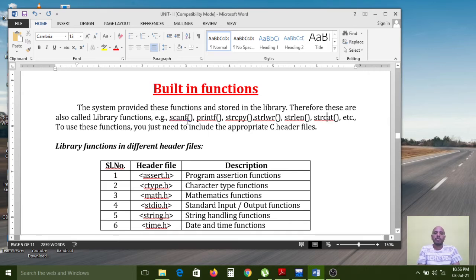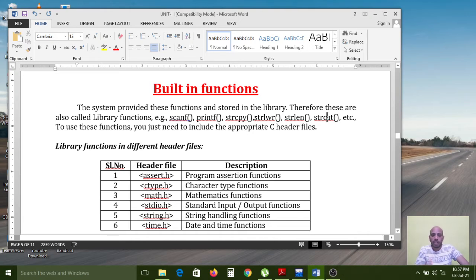Till now we have understood scanf and printf. Then what are these other functions? strcpy, strlwr, strlen, strcat are string handling functions. In the strings concept, we can use them, but these are also predefined functions.